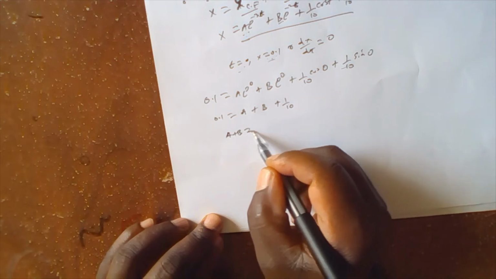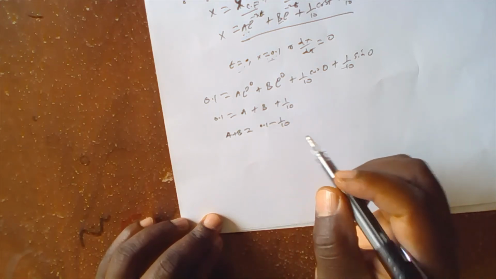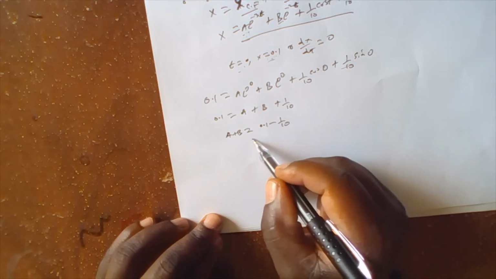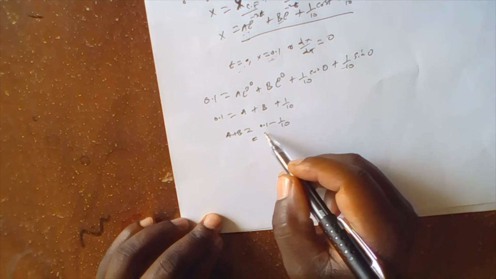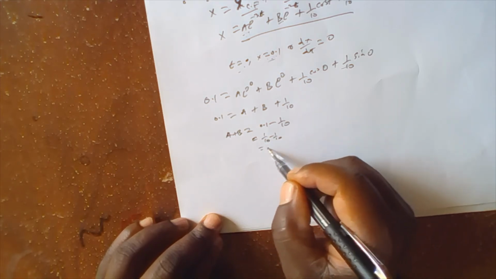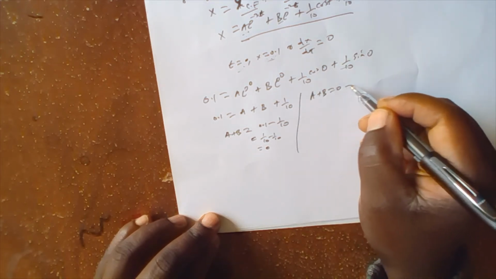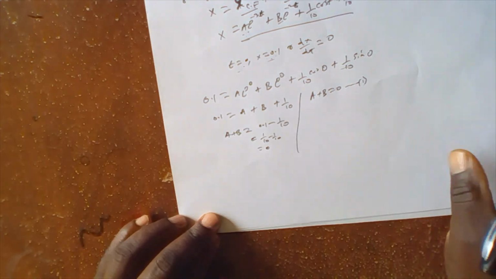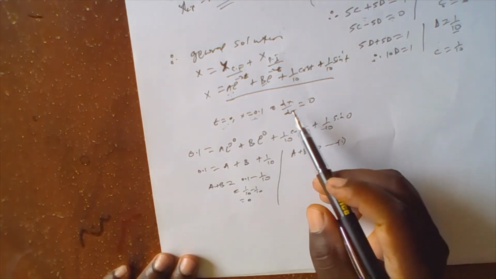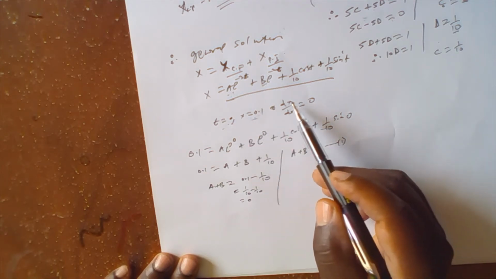A plus B equals 0.1 minus 1 all over 10. 0.1 is the same as 1 all over 10 minus 1 all over 10, which equals 0. So we are saying that A plus B equals 0. Call it equation 1. Now, we shall be able to get the second equation from when t equals 0, dx